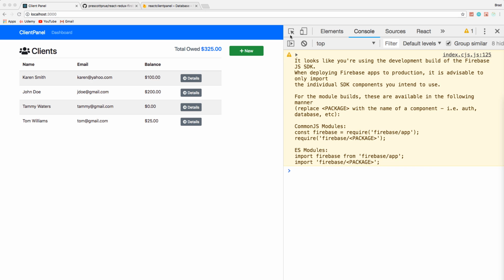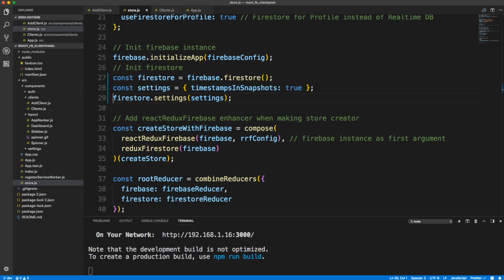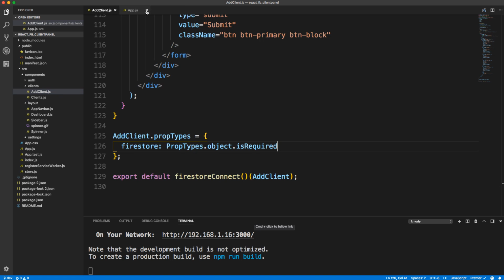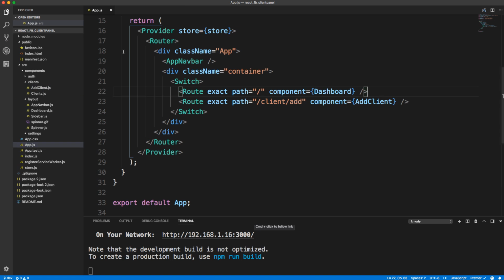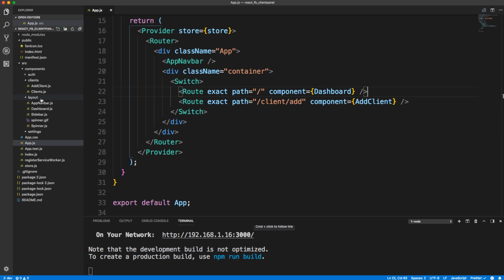All right, guys, so we can now list our clients. We can add a new client. Now I want to work on the details page, or the details component. So let's close up. We don't need that. We don't need that. Add client. We don't need that. So I'm going to create a new file in